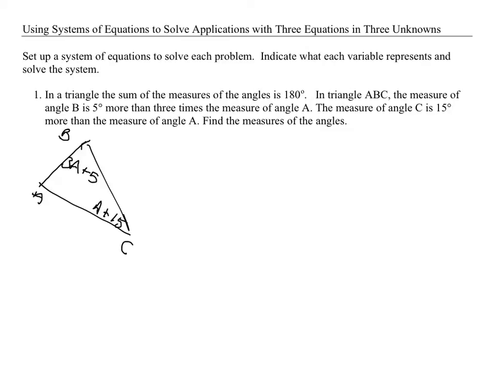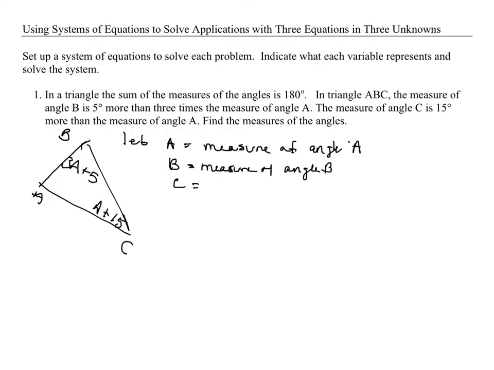Now, I'm totally setting this up as a system and then we'll solve it, but this is going to be very straightforward to solve. So first let me represent each one of the variables. I'm going to let A equal the measure of angle A. I'm going to let B be the measure of angle B. And C equal the measure